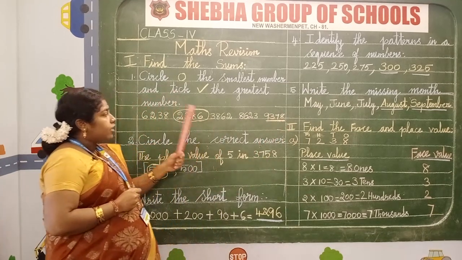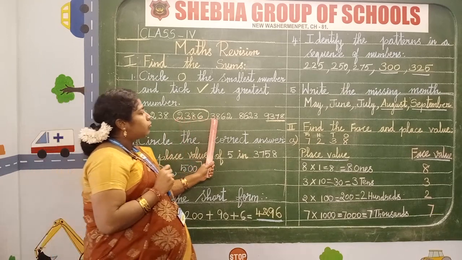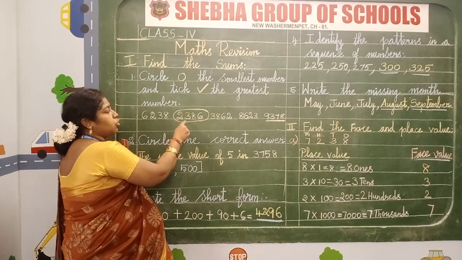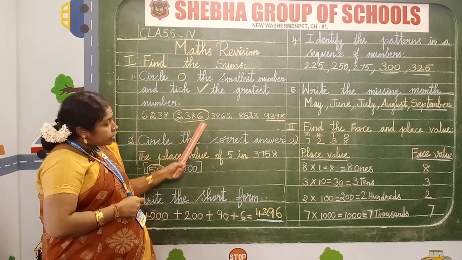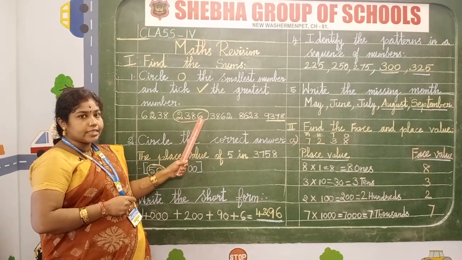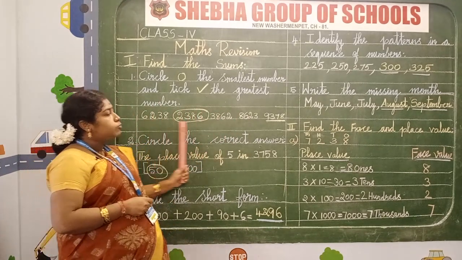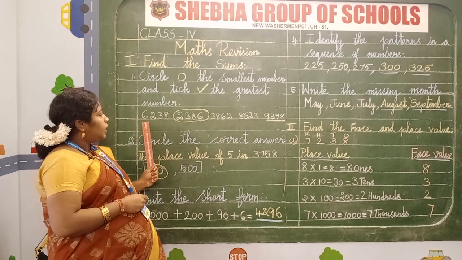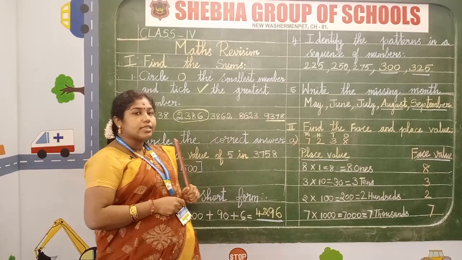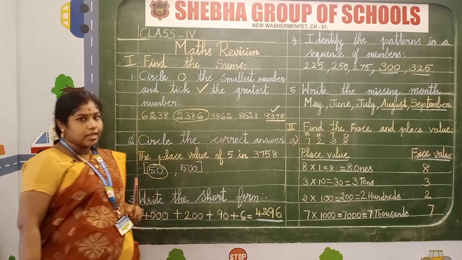9378. So children, from this the smallest number is, observe it, 6, 2, 3, 8, 9. Which one is smallest? Yes, the smallest number is 2. So we have to circle that full number, 2386. Clear children? Now they are asking you to tick the greatest number. Which one is greatest? 6, already we have done this, 3, 8, 9. Which one is greater? Yes, you are right, 9 is greater. So tick the greatest number.